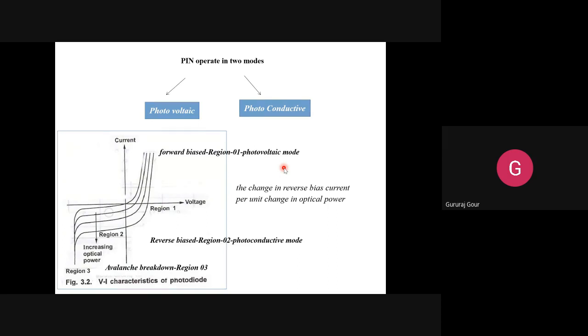This happens because of the small size of the intrinsic region, fewer photons will be absorbed, and hence the contribution to the current by these photons will be less as compared to the contribution made by the majority carriers. Hence, in the forward bias condition, the pin photodiode is acting like a photovoltaic diode or normal rectifier diode. When you go with the reverse bias voltage, the depletion region or intrinsic region becomes widened and is absorbing more photons as compared with the forward bias voltage.